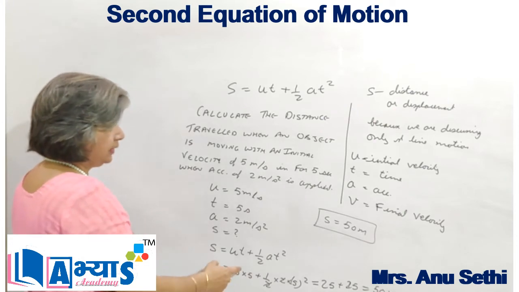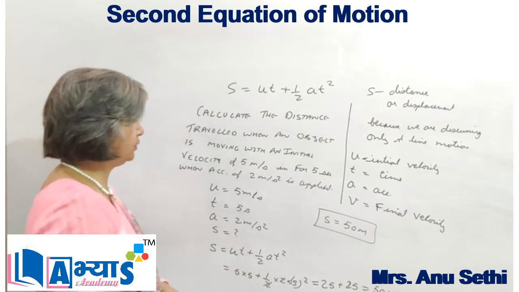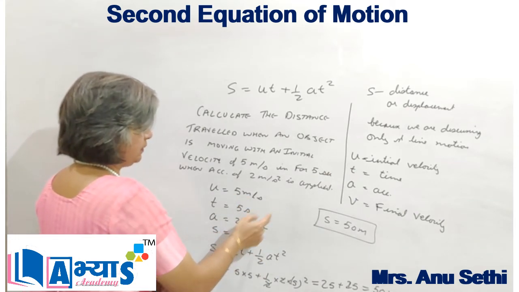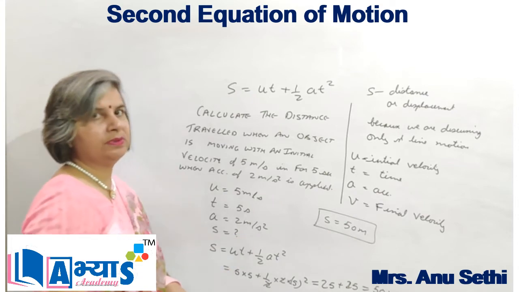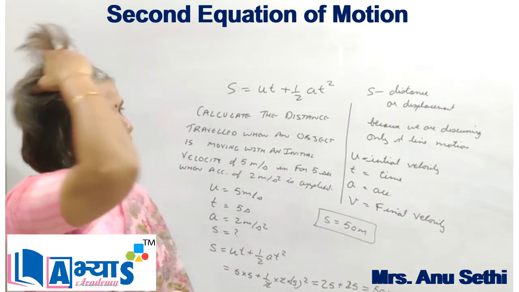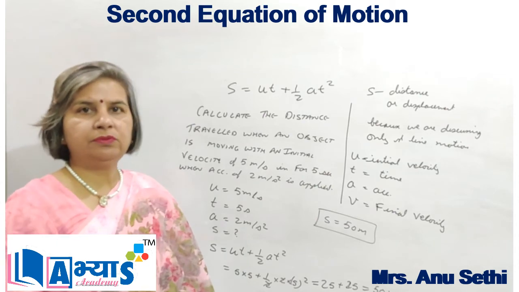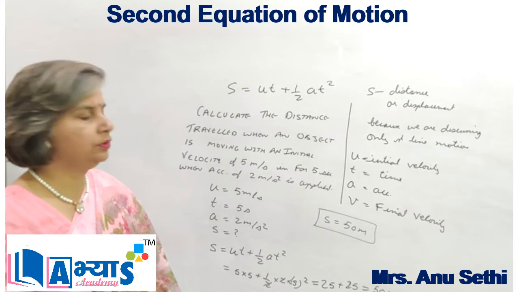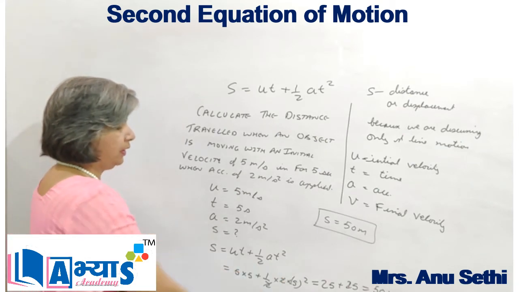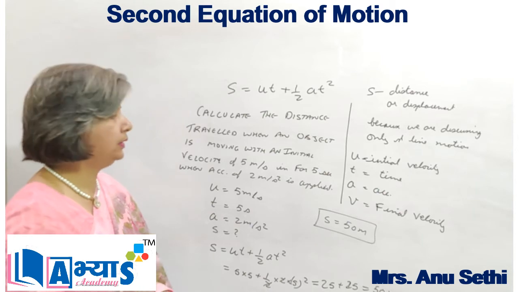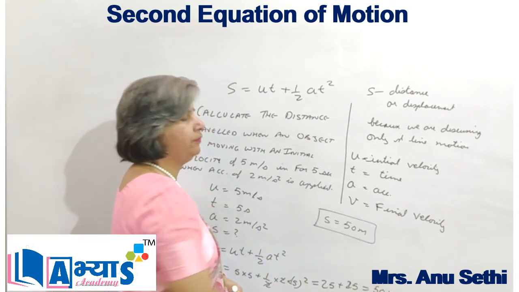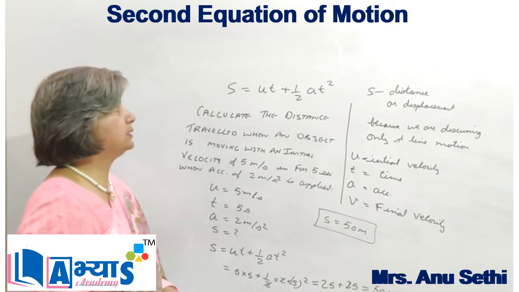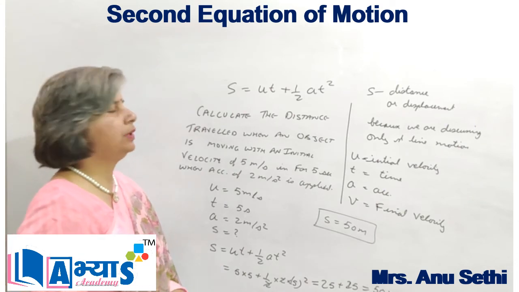Then I checked whether the values were in the same units or not. As it was meters per second, second, and again meters per second, the units were the same for all the quantities. Had the units been different, I would have converted them to the same units. Then I substituted the values of u, t and a and calculated. So I found that s is equal to 50 meters. So this is how I can use the second equation of motion to calculate distance when initial velocity, time and acceleration are given.